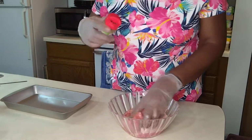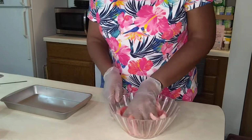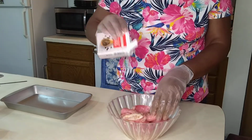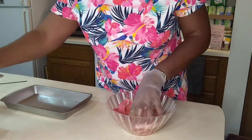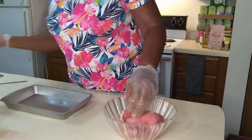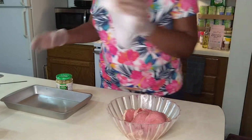Now we have a little oregano. About 10 dashes of the oregano. And family, here we go with this black pepper. Okay, that's about 7 dashes of the pepper, like so. Okay, now what I'm gonna do is take this paper towel,